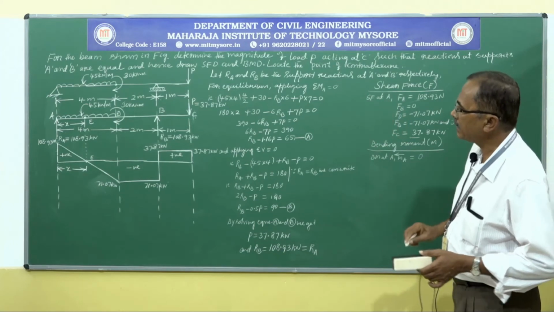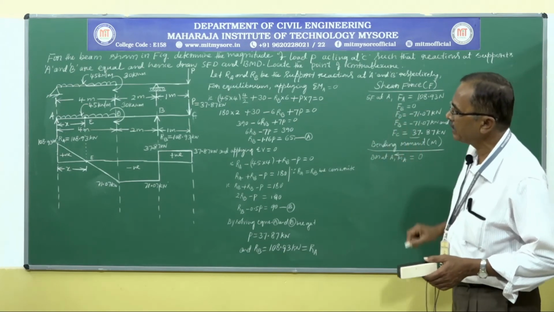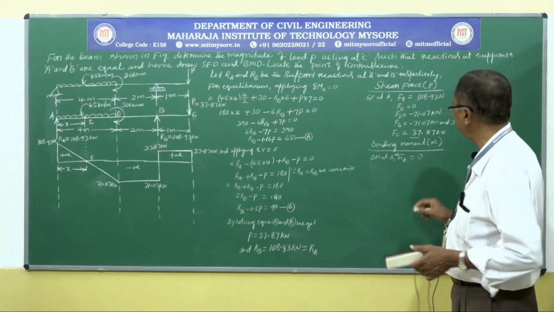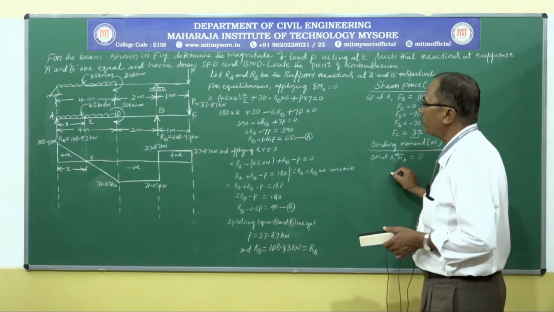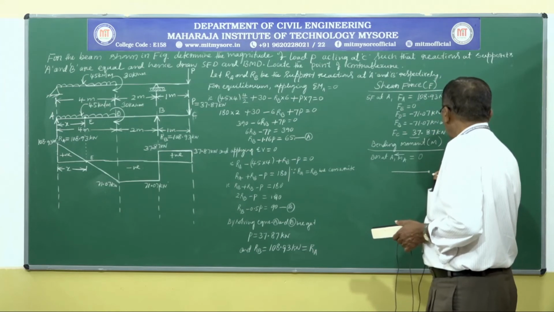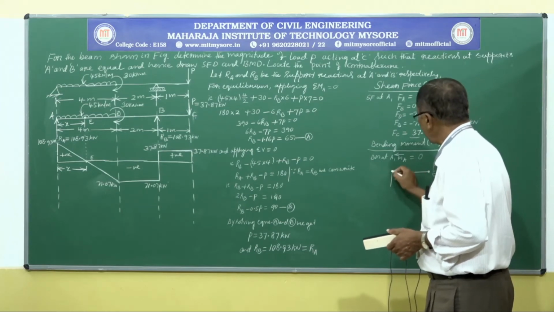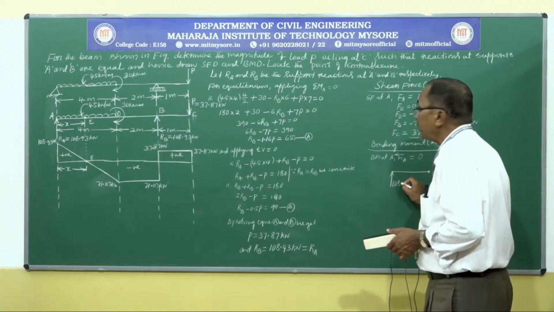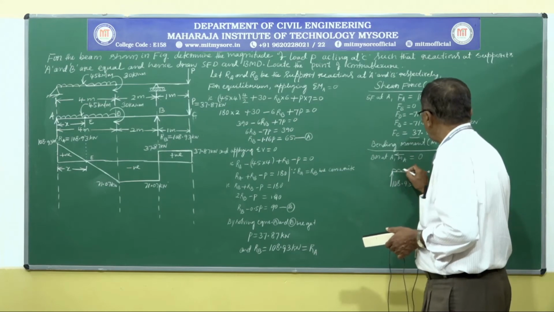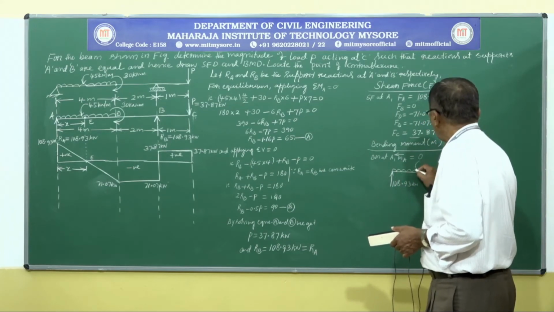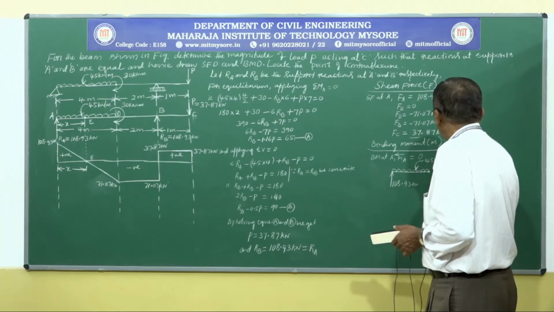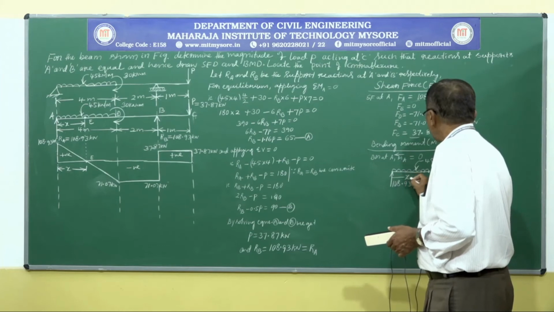So let us calculate the x distance, that is, the location or position of point E from the nearby salient point A. For that, take out the portion of the beam to the left side of E. This is for convenience. This is point E, and this is our support reaction 108.93 kilonewton. The UDL is 45 kilonewton per meter. The distance is x.